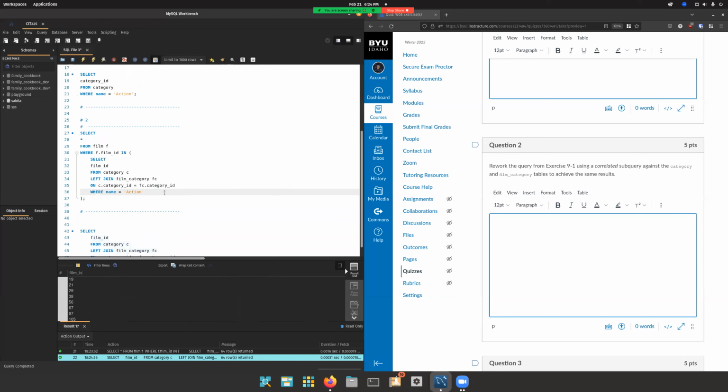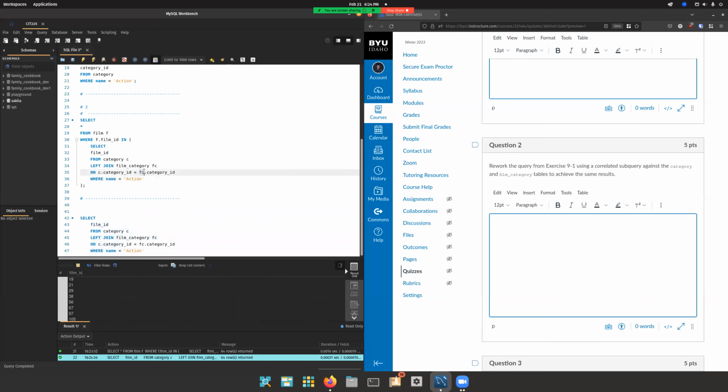Because this is the FC and the C. So basically, to make this correlated, all we have to do is add f.film_id somewhere. So where f.film_id is in... hold on, let me think for a second. Now I got myself worked in a circle. Like I said, these are not super practical, so you almost got to think about them. Where name is equal to action,